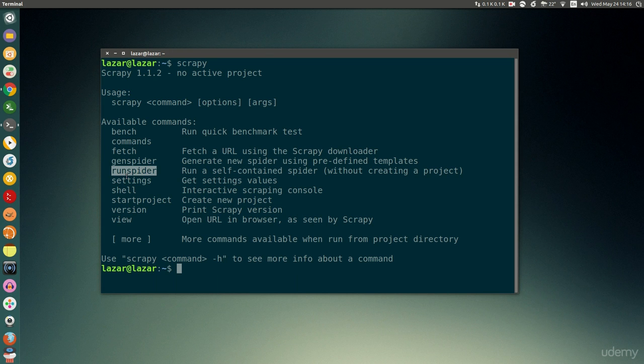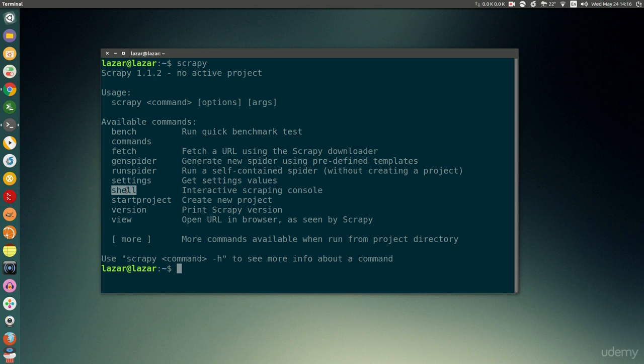This will be covered in a separate video that I will record, and it's mainly used when you have some simple Scrapy projects, or when you would like to simplify the Scrapy structure. The settings command will just print out different Scrapy settings.